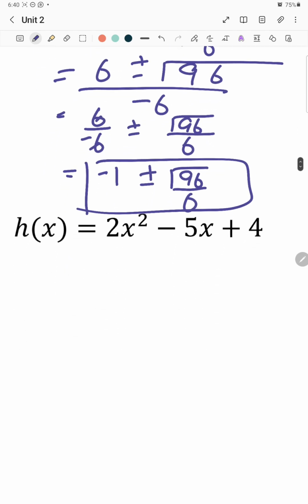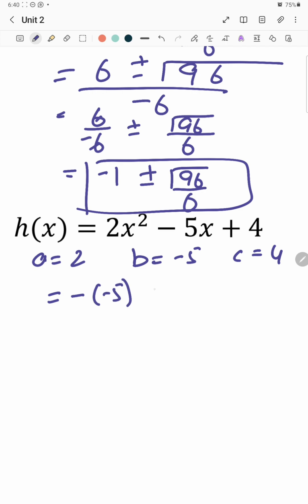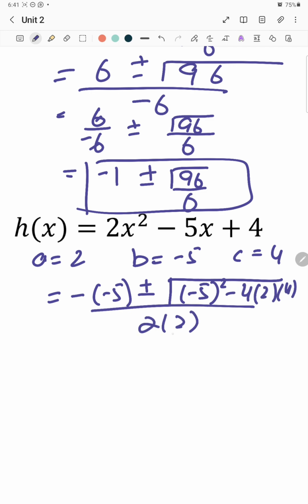Okay, so it's 2x square minus 5x plus 4. So a is equal to 2, b is equal to minus 5, c is equal to 4. So it would be minus b plus minus square root of b square minus 4ac over 2a. 5, 25 minus